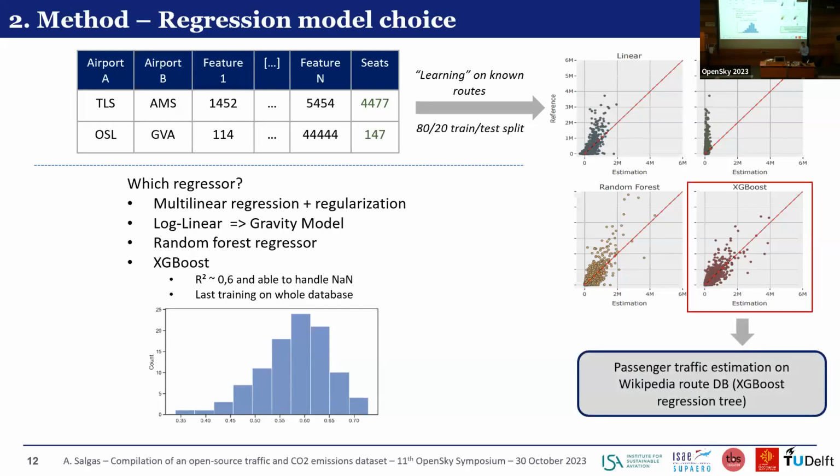In the end, we chose to use XGBoost because it features a relatively interesting R-square of around 0.6, depending on the train test split. And also something very interesting for us is that it allows us to have missing features from some airports, because not having a feature is already information in itself. If the airport is pretty small, it's more likely to have missing features in the various data that I spoke about just earlier.